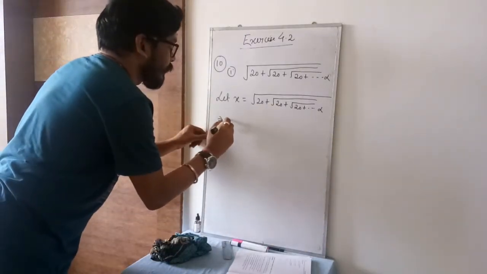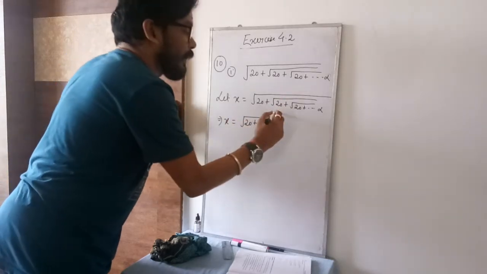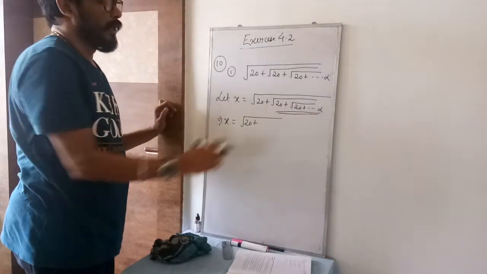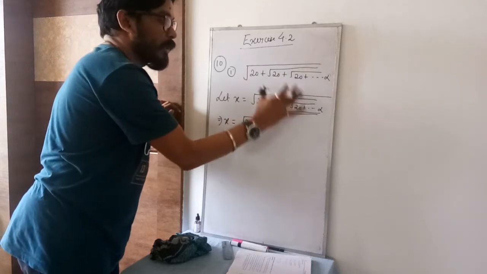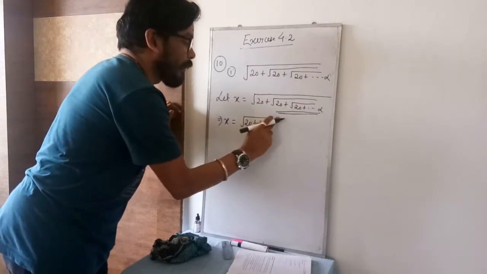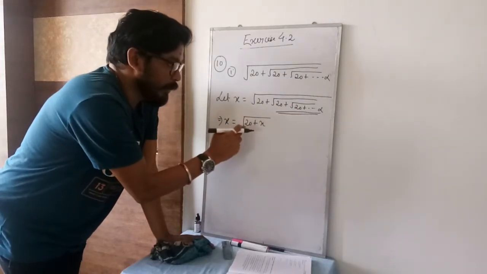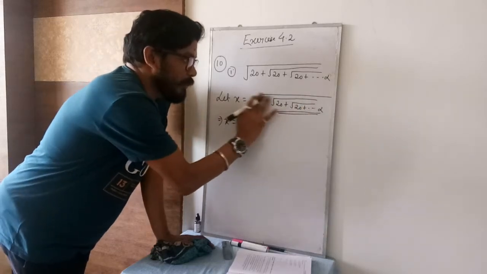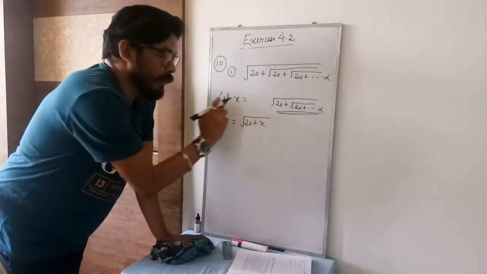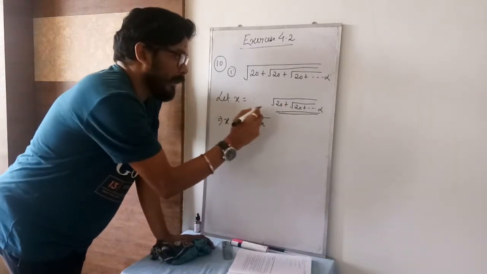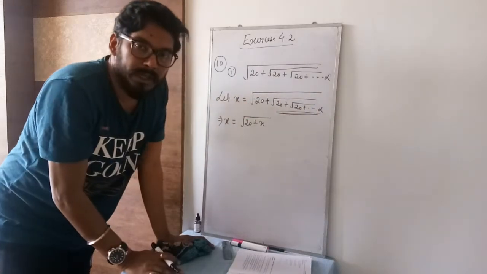Clear? Now see, x equal to, next step I will write root over 20 plus. Now see this part, if you see it properly, this is nothing but the question itself. And this part what we have taken, x. If you just observe it properly, you may get confused here: all of a sudden sir has written 20 plus x. If I rub this part, this is the question itself, and this value we have taken as x. So in place of this I have written x here. If you find any problem you can ask it in the regular classes.